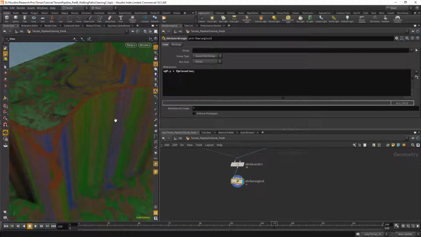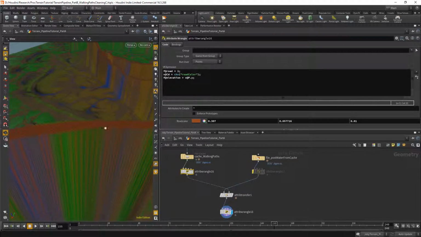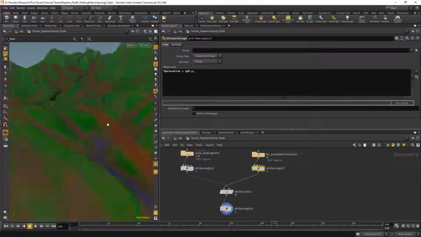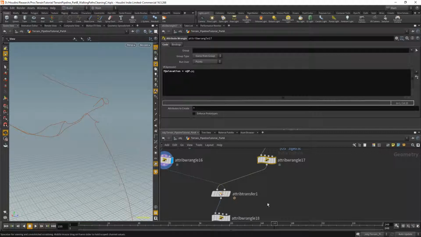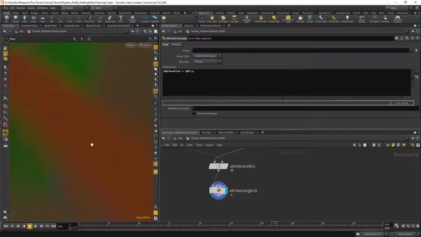so right now we're only having the elevation on the left side. So everywhere where it's not transferred, there is no existing elevation. So to fix that, we're going to add this node. Okay, there we go. So now we actually have a road. We still have some interesting stepping artifacts. And that is because right now it only takes the closest sample. But we actually want to take a couple of the closest samples and use a